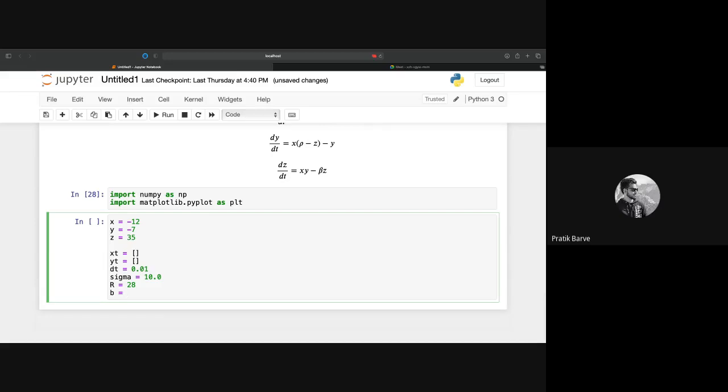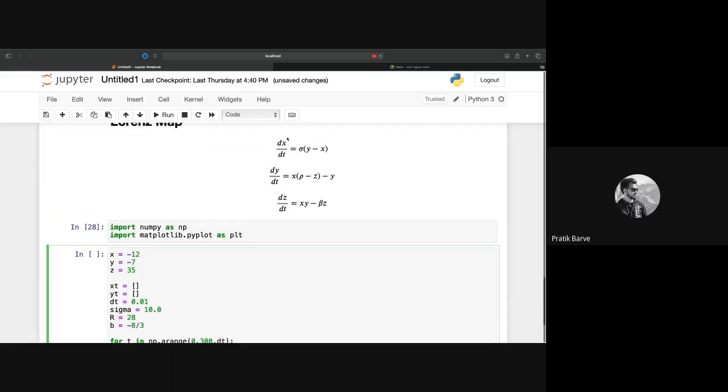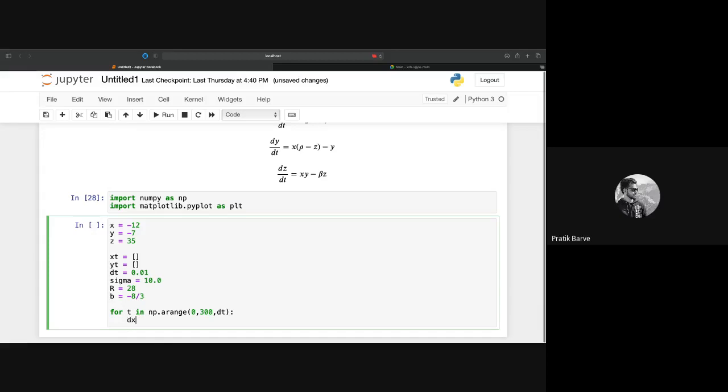And I'll take the beta value. So this beta is usually taken as 8 by 3. So I'll take 8 by 3. And we'll vary these parameters and see how it changes. So for now, we'll take these values. So 0 to 300 and in steps of dt. So let's put these equations now in our loop. So dx dt, dy dt, dz dt. So this is sigma multiplied by y minus x,